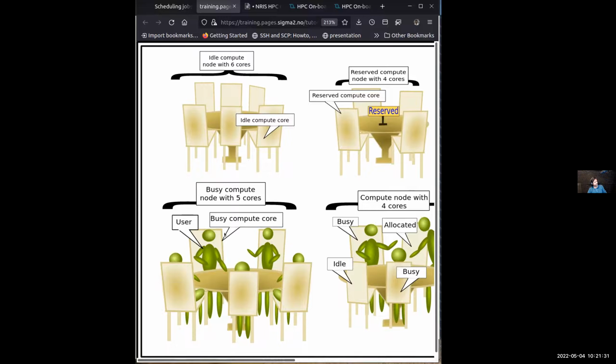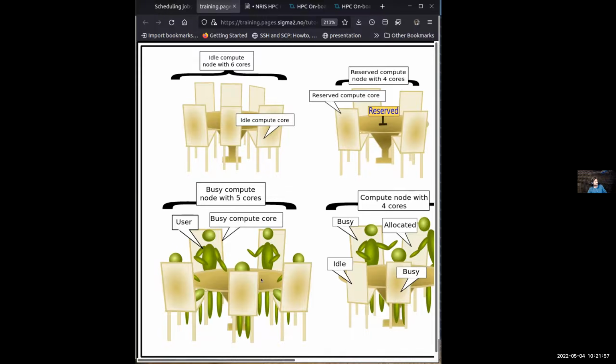We could think of this node as a node with 5 cores, the processing units that we saw in the beginning. But usually in our system we have 16. I think it's 40 or 20 on one socket on Saga, for example.